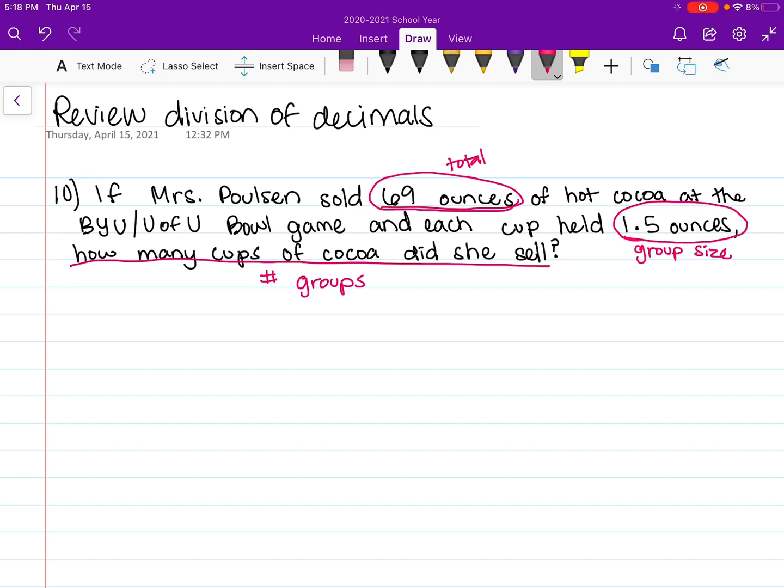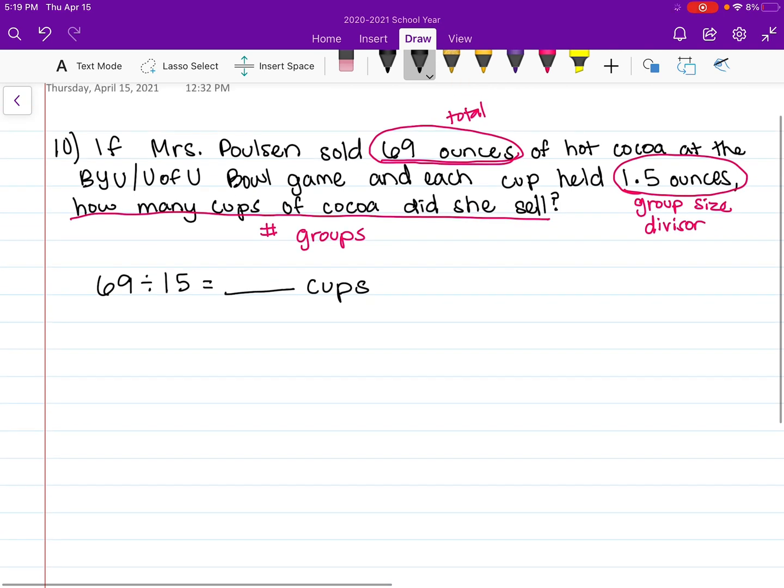Really, what's important to recognize is 69 ounces is the total. 1 5/10 ounces is the divisor, the size of each group that we're taking out. So we have 69 divided by 1 5/10 equals, I don't know, whatever the number is. And then it says how many cups of cocoa. Whatever number we get, that's going to be how many cups we have. So cups is my unit. Make sure you include that. Oh, I need 1.5, not 15. Okay, now